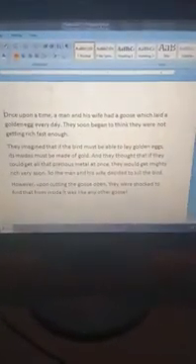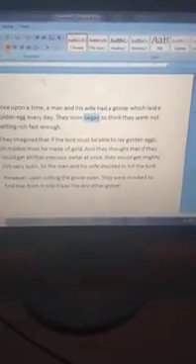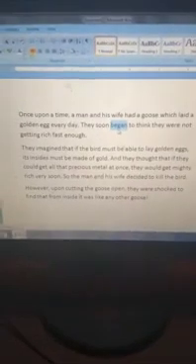So first you type something. So I have typed something for you from the book. Okay, and I want to change some words to synonyms. So I will select the word, which word if I want to change, the word begin. First you select the word, and now you have to click on the review tab. Click on that review, and then in that review there is a proofing group. In this group, this is the thesaurus option. You have to click on that thesaurus option, and now here, look here, this is the research task pane.